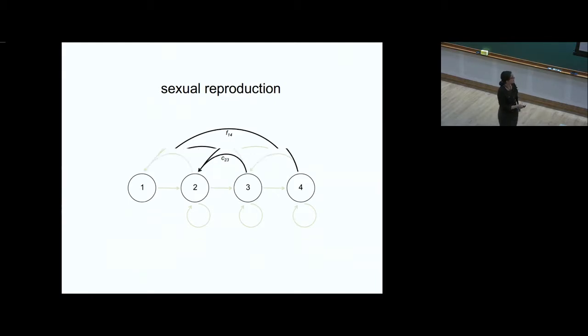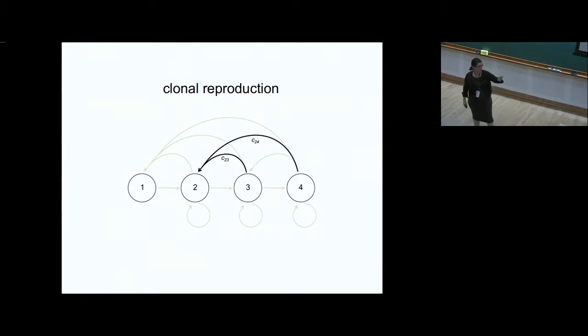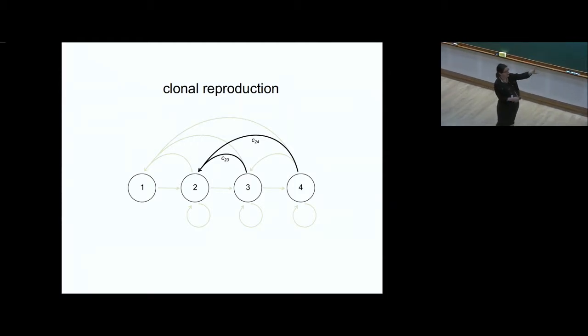And then finally, we're going to imagine some type of clonal reproduction. Later I'll have an explicit one. But maybe stage 2 can also be reached by budding. So it might be the size of a single polyp, and maybe that's by budding. And then this is a case where the transition does involve making a new individual, but presumably that new individual has the same genotype. And then we'll talk about what happens with the phenotype.